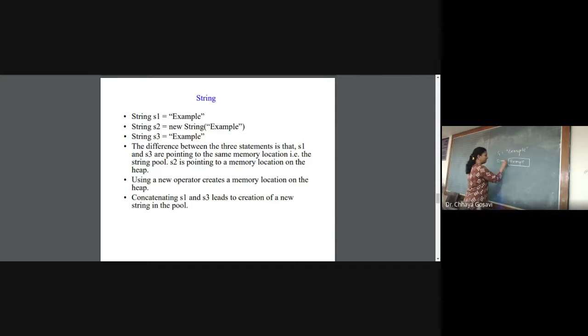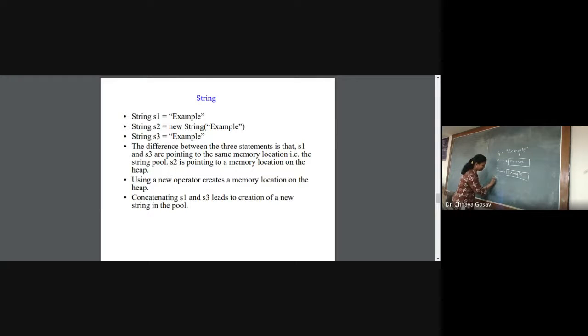So a new object S1 is created with the string example. Then we are creating another object S2 with "example". Here we have used the new keyword: String S2 = new String("example"). So another string gets created with a new memory location.